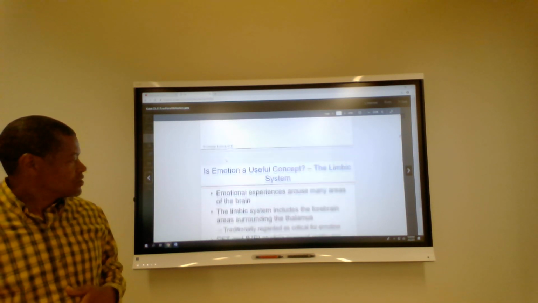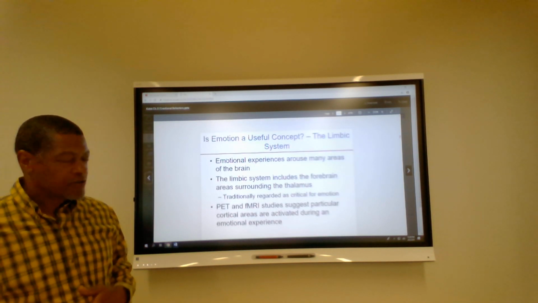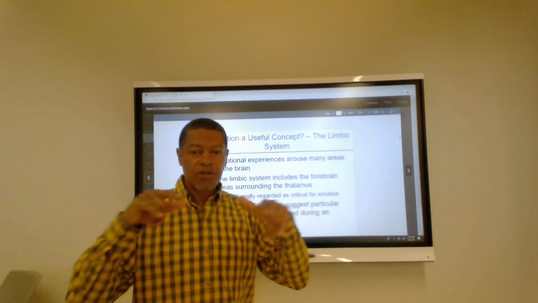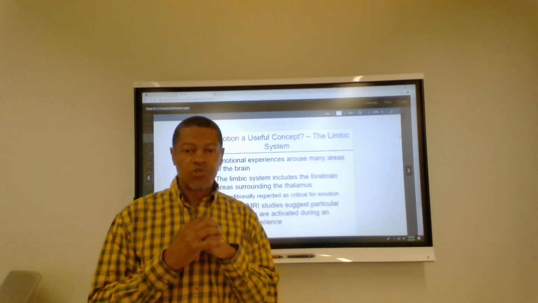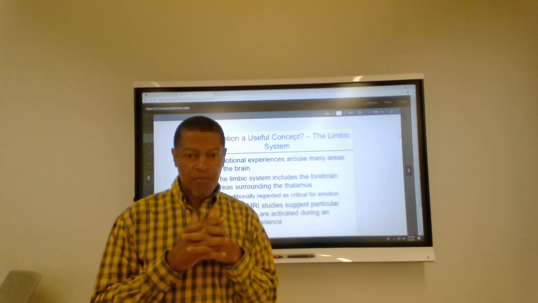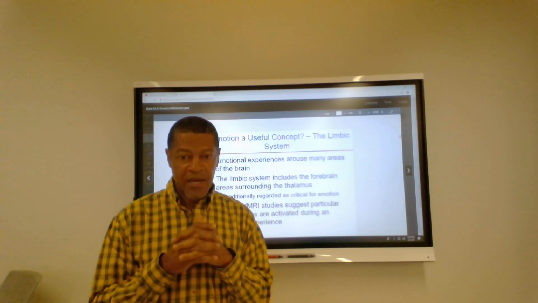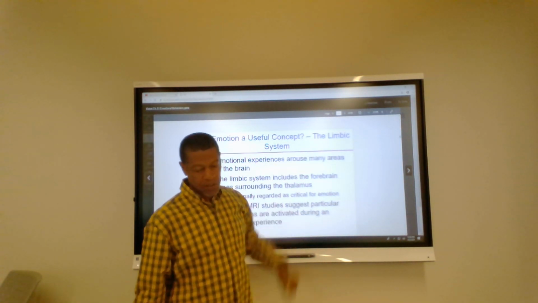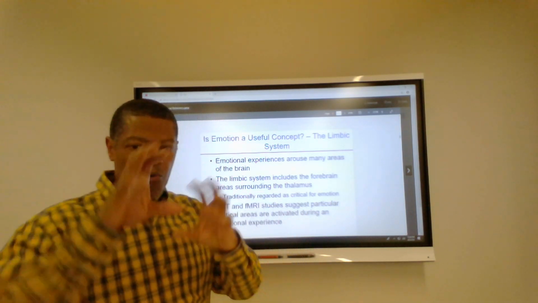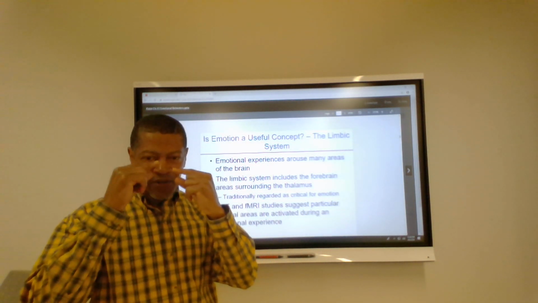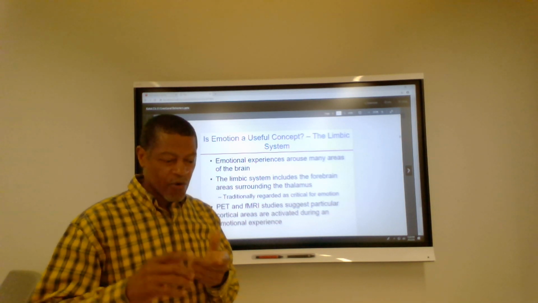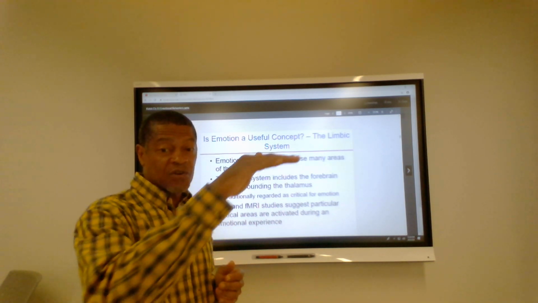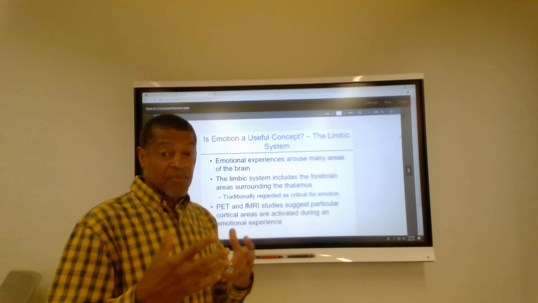As we deal with this issue of emotion, there are some places in the brain that you need to know. The limbic system is the collective organization of subcortical structures that manage emotion in your brain. Limbic system, L-I-M-B-I-C. Limbic means a border of cells. It's a border of cells that wrap around internally in the subcortical area, such as the hippocampus, amygdala, hypothalamus, and cingulate gyrus. These specific organs, as they work together, impact emotional behavior.